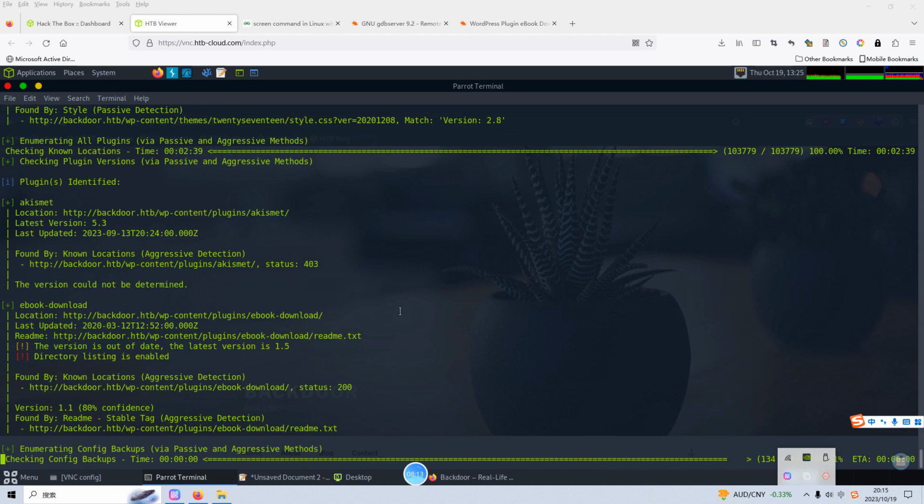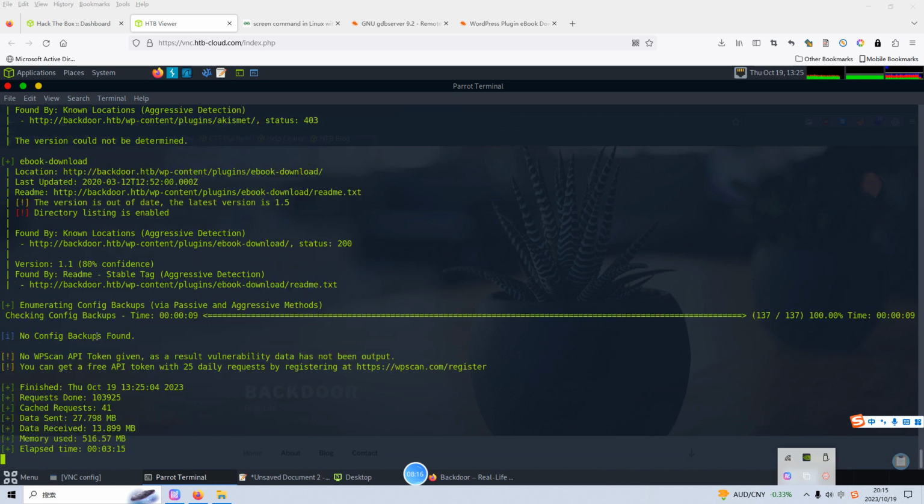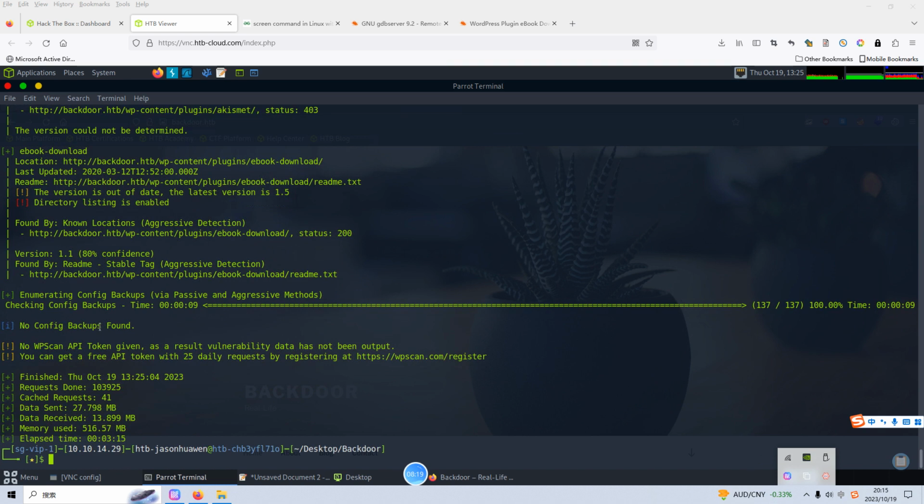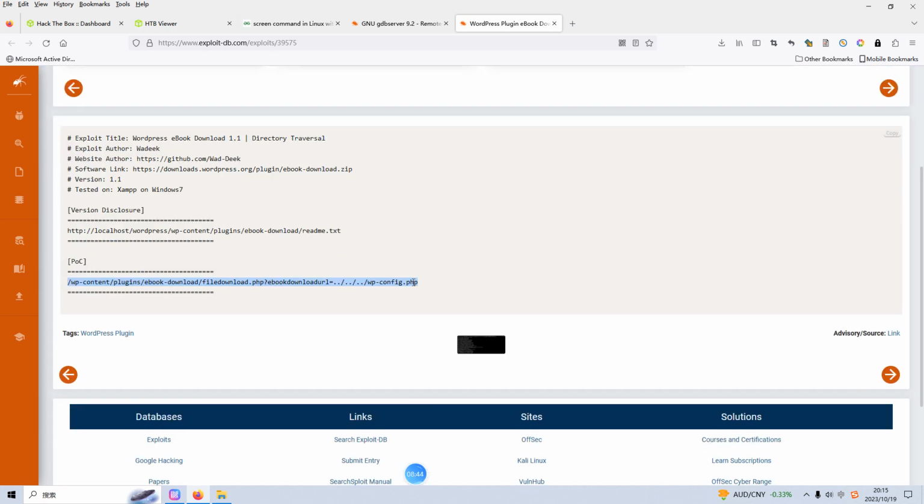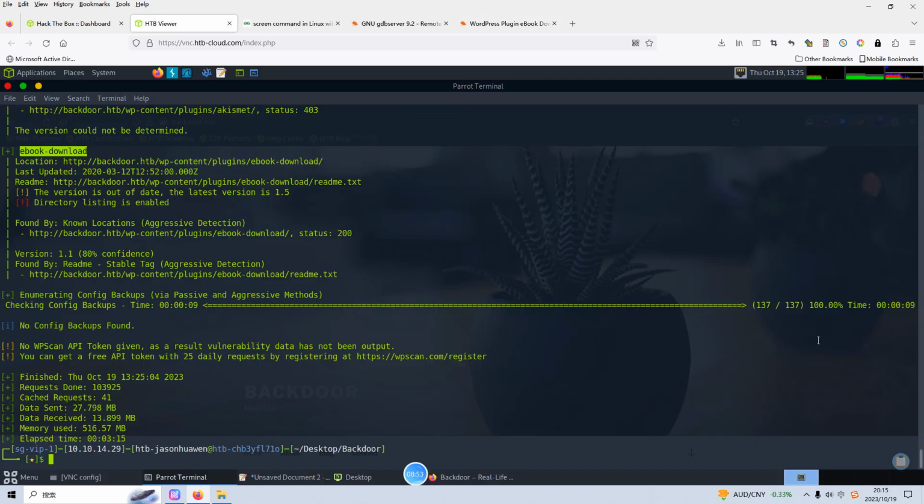Alright, as you can see, WPScan has already identified this plugin and its version information with 80% confidence. So we can use Google to do research to see whether there is a vulnerability for this plugin. I've already done that earlier. Yeah, it does have a vulnerability, a directory traversal. So we can copy this POC or this relative path and then go back to our viewer,